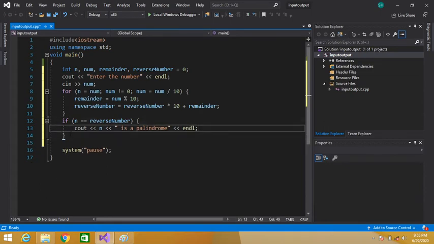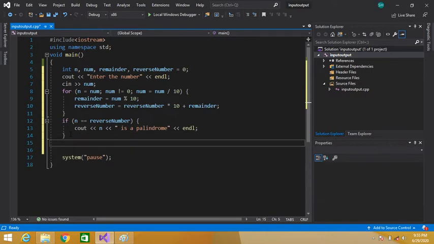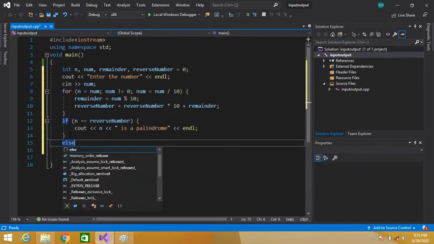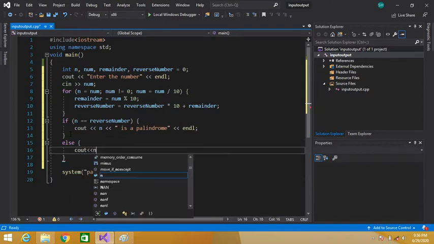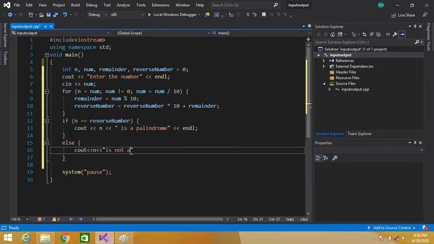Or else if the actual number and the reverse number are not the same, then in the else block we will say that it is not a palindrome.